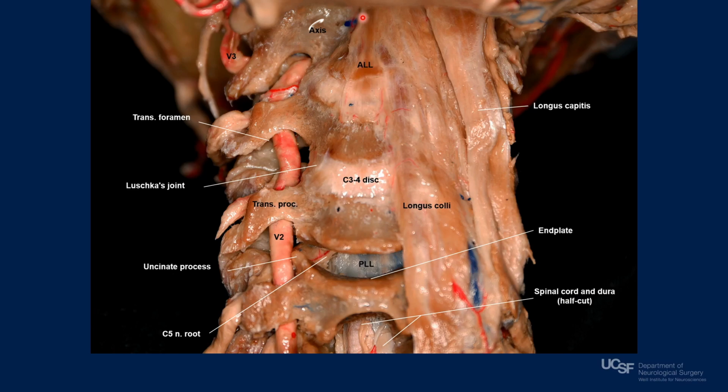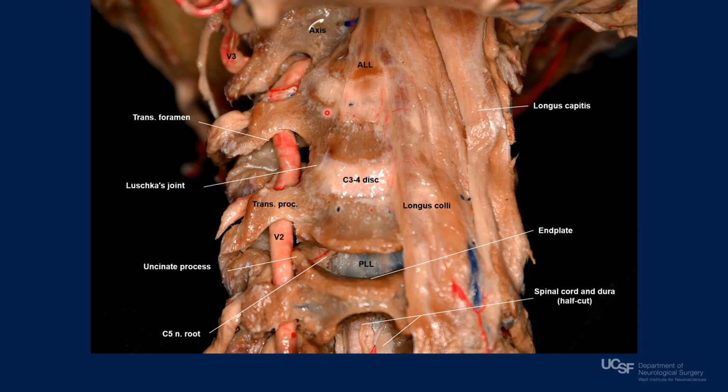Medially, we see the anterior longitudinal ligament that is going to become more superiorly the anterior atlanto-occipital membrane, and this ligament is going to be attached to the anterior portion of the vertebral bodies. Over this ligament, we have the longus colli, where the superior oblique part of the longus colli is going to be touching superiorly the anterior tubercle of C1, and laterally we have the longus capitis attaching more superiorly on the vascular portion of the